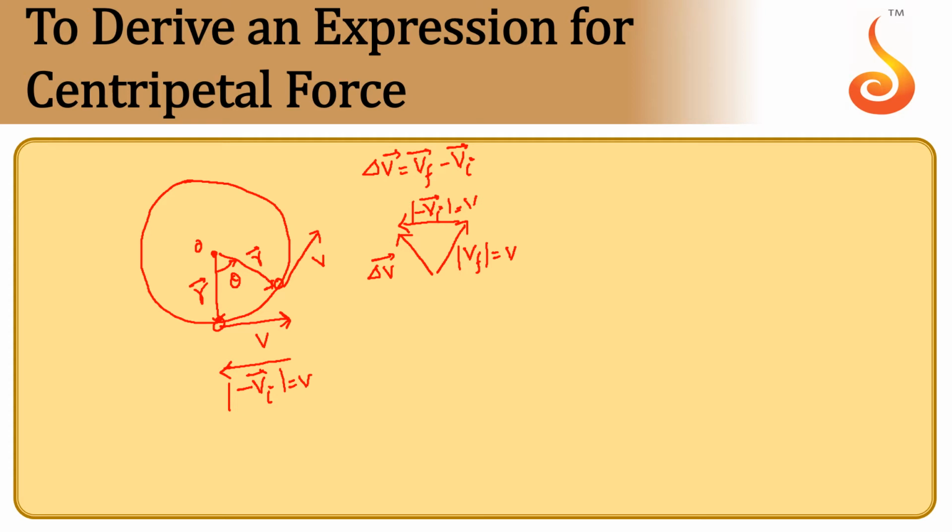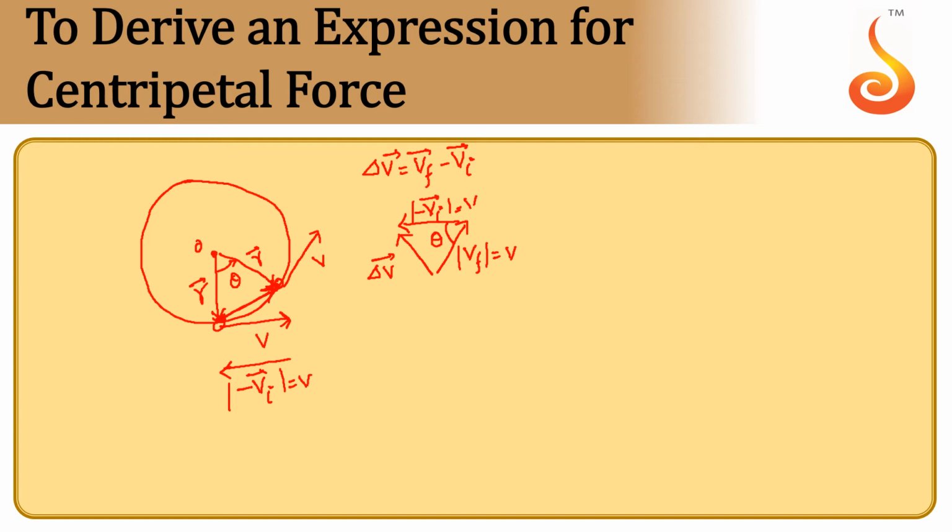So what angle has the velocity vector rotated? Of course, an angle theta. So the angle between initial and final will be theta. Okay. Let us look at the change in radius. You may think that radius has not changed, but radius also changed, not by magnitude but by direction. Since radius is a vector, even its direction changed, and the change in radius is nothing but the displacement. So this was the initial point and this is the final point. So the change in radius will be the linear displacement.